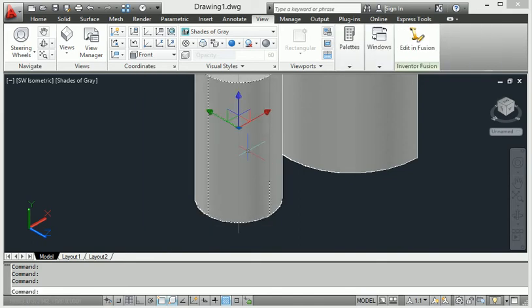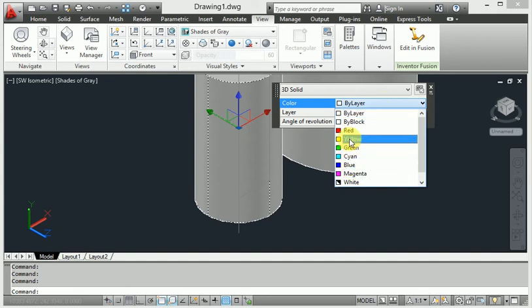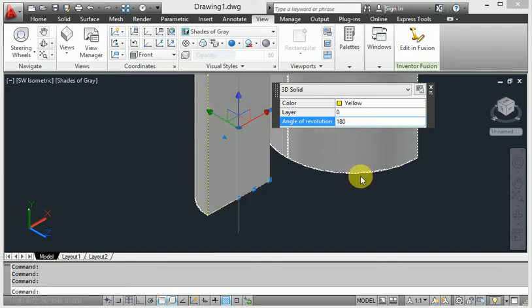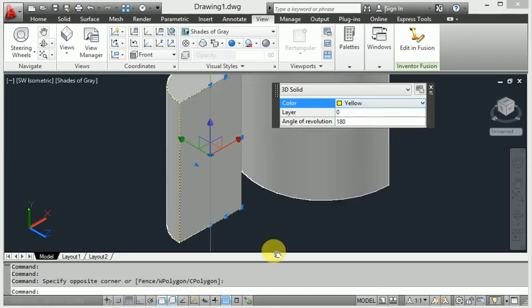So when I click here and change the color, I get yellow color, and I want 360 degrees. When I convert from 180 degrees, here you can see that 180 degrees. Look at this.